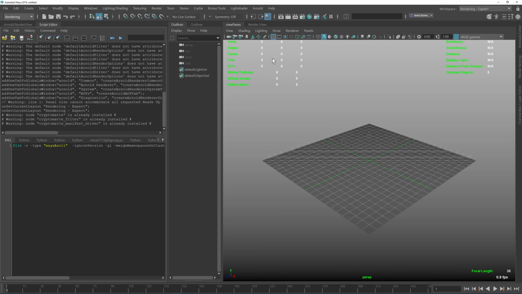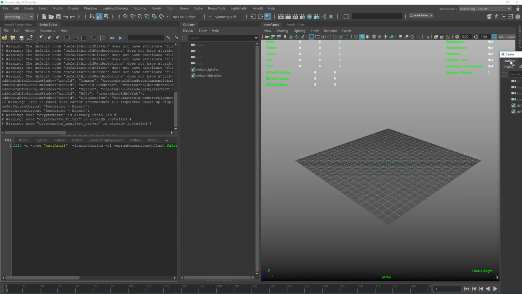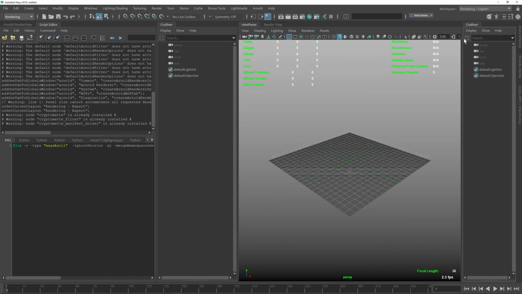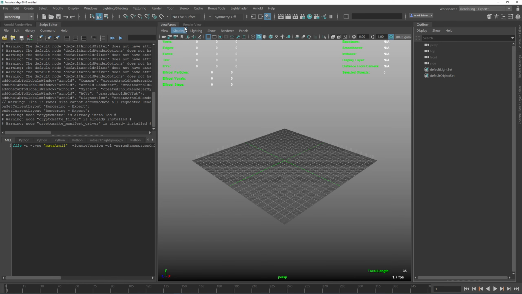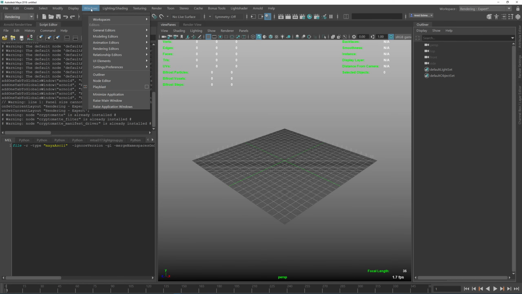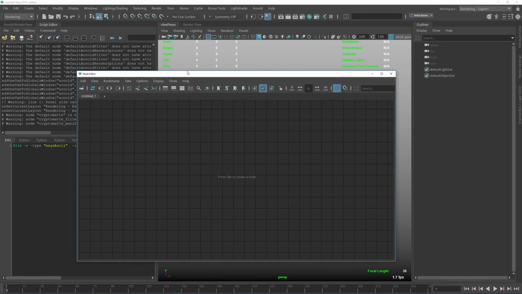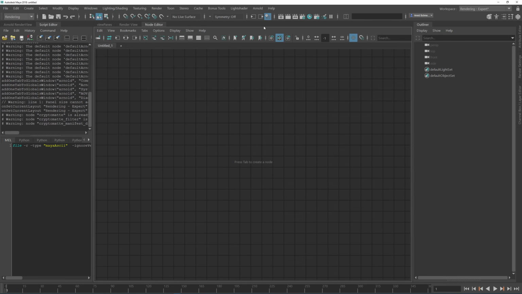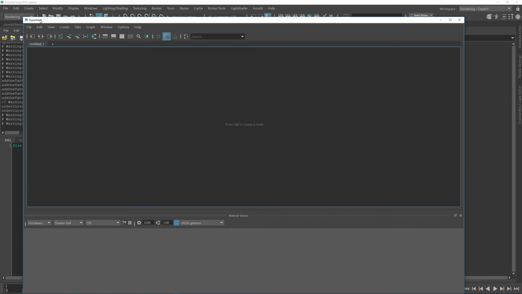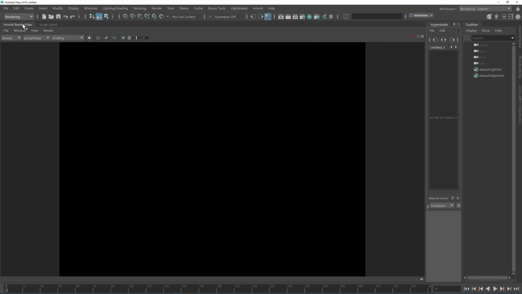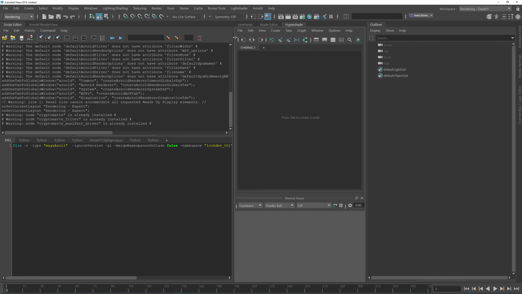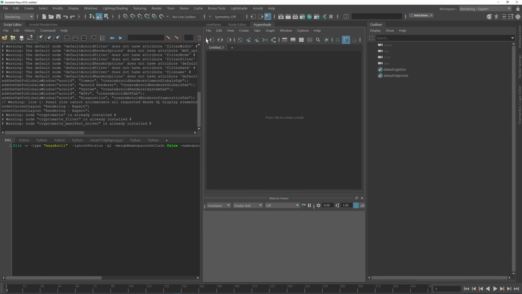And what else? My outliner, I like to have it on the right, so I'm dragging this guy over like so. Then I can close this guy. And in my view pane, what I like to do is I actually like to have the node editor here and close the Maya render view. And also I like to have my hypershade next to the node editor too. So I have the node editor, the hypershade, Arnold render view, script editor, and